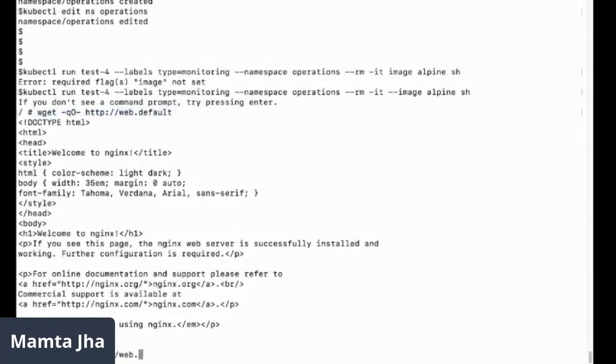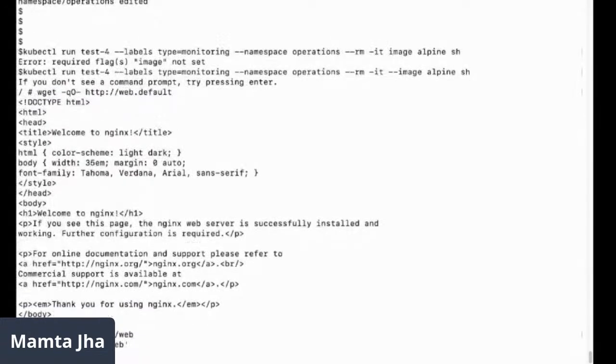It's working. If I just put web, it says bad address, because there is no pod named web in the operations namespace. When you just give the name, it goes to CoreDNS and asks for a pod named web.operations.